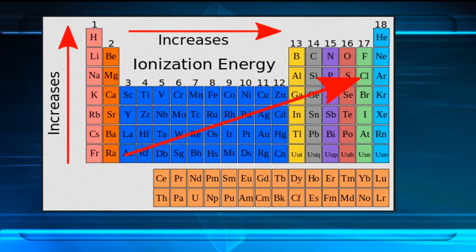So there's more of a pull. Well, what happens when you get those magnets closer together with how much energy you have to put in to pull them apart? If they're really close, you've got to really tug on them to get them apart, right? And so as the radius decreases, that attraction is higher. That Coulombic attraction is so high that it takes a lot of energy to pull that electron off